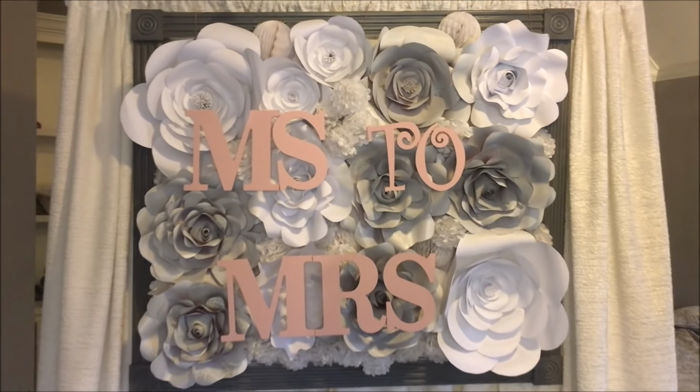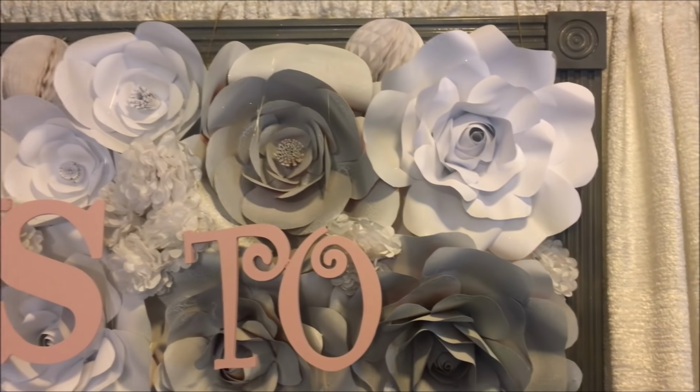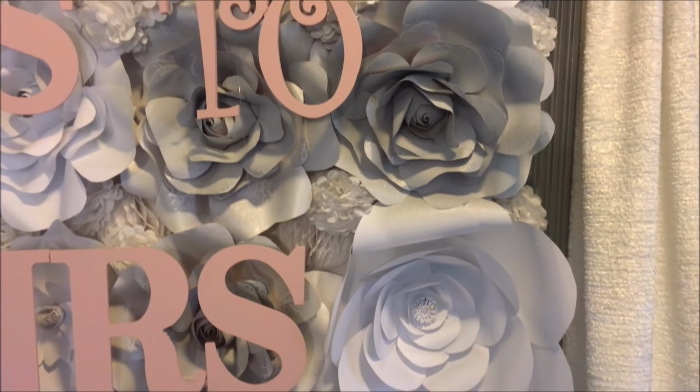It's Meryem here. So this week I want to share with you a backdrop that I made for an upcoming bridal shower that I'm going to throw for a cousin of mine. For this backdrop, I only made two kinds of flowers, so there's only two templates that you would need